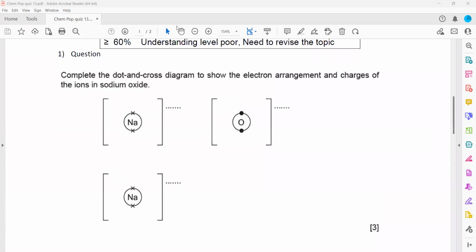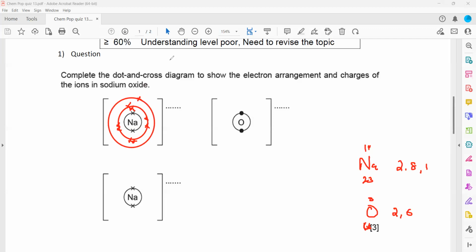of sodium oxide. If we draw a sodium atom, it has 11 protons and 11 electrons. So the electronic configuration for sodium is 2, 8, 1. And for oxygen, which is 8 and 16, the electronic configuration is 2 and 6. So sodium has 3 shells. The first shell will have 2 electrons, the second shell will have 8 electrons, and the third shell will have